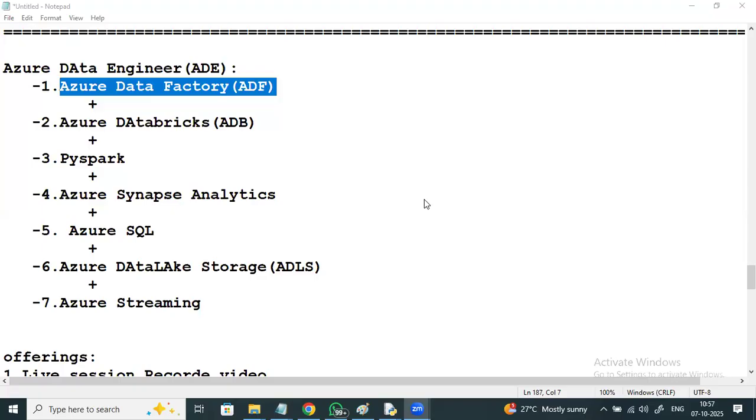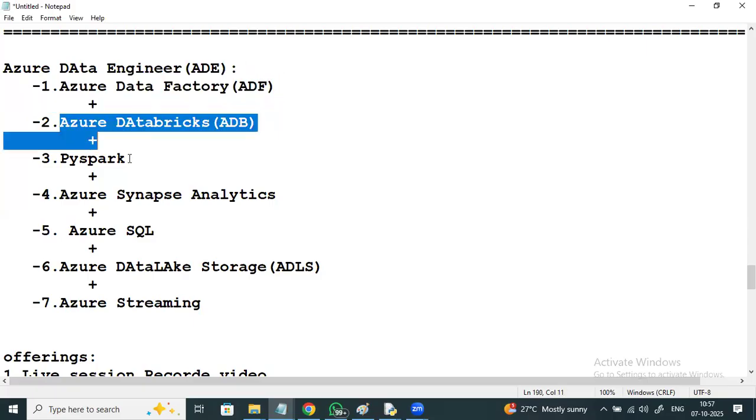I'll be giving the overview about Python syntaxes. But this ADF takes 25 to 30 days to complete, and it doesn't require any prerequisites. By the time you go through it, you'll get some time to prepare on Python.